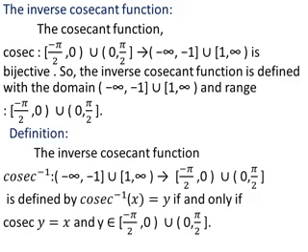Definition. The inverse cosecant function. The cosecant inverse function is defined from minus infinity comma minus 1 union 1 comma infinity to minus pi by 2 comma 0 union 0 comma pi by 2, and is defined by cosecant inverse x is equal to y if and only if cosecant y equal to x. That is, when this cosecant inverse goes to the other side, it will become cosecant. So cosecant y equal to x, and we take x from the first interval and y from the second interval.